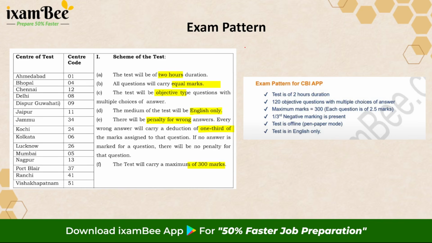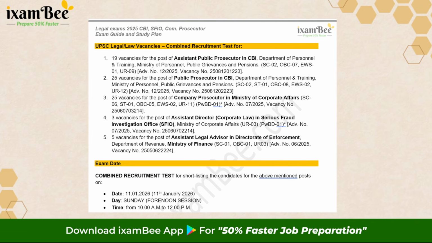The exam pattern consists of an MCQ based exam, an objective paper that will be for 2 hours and a total of 300 marks. Given the past trend, these 300 marks will be divided into a total of over 120 objective questions of 2.5 marks each. For an incorrect answer, there is a penalty of 1/3 mark. Please note the exam will happen only in the English language. Right, so this is about your exam pattern, and how do you now go ahead and prepare for this particular exam based on the syllabus.